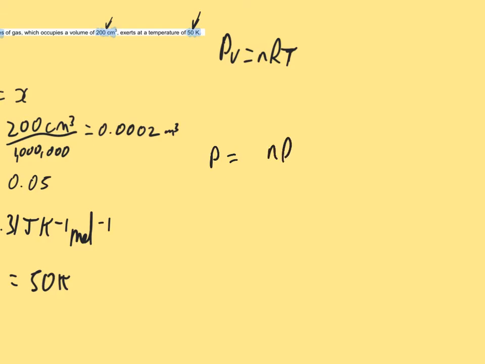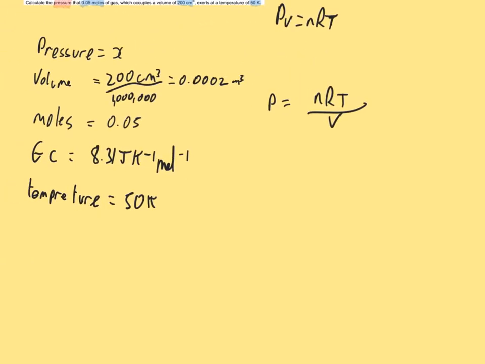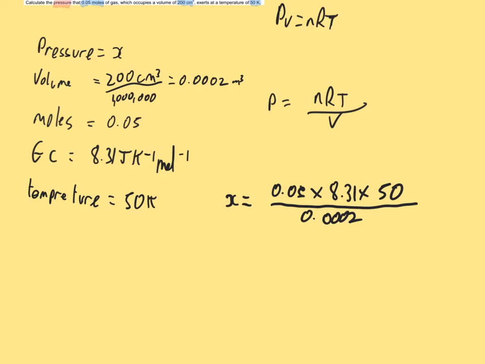which is nRT over V. That will get you pressure. So, let's put it in. Our pressure, which is currently X for now, is going to equal n, or 0.05, times 8.31, times 50 Kelvin, divided by our volume, which is 0.0002. So, if we type that into a calculator,